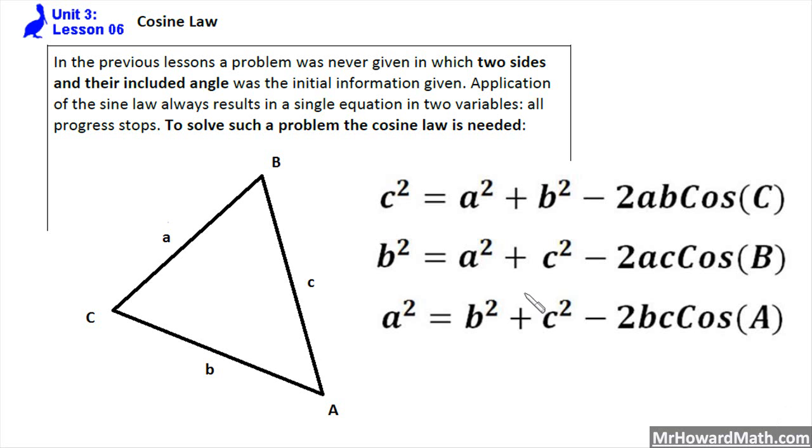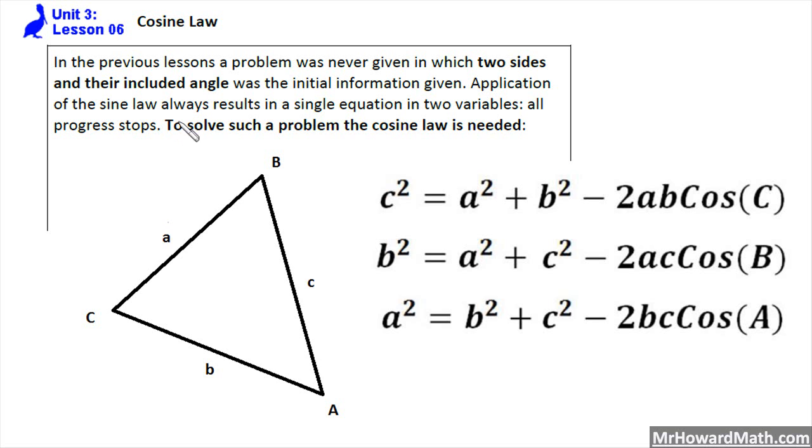We will be looking at the cosine law in this video. In the previous two videos we looked at the sine law and then the ambiguous case of the sine law, and there we were finding either sides or angles depending on the video. And in this video we will begin our look at the cosine law, and the cosine law is